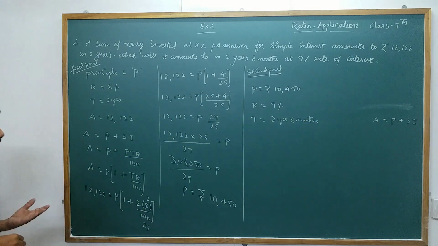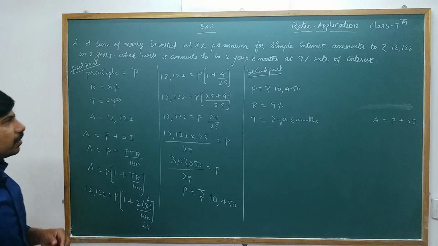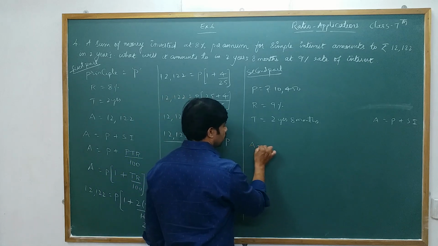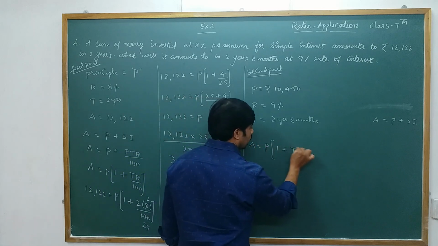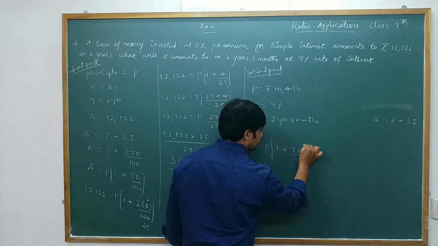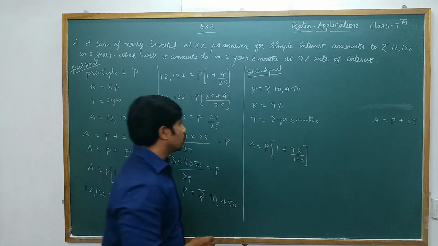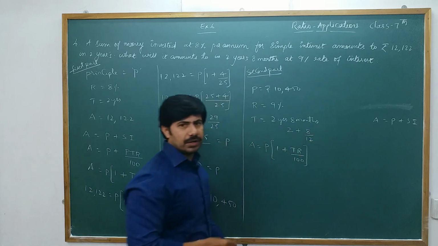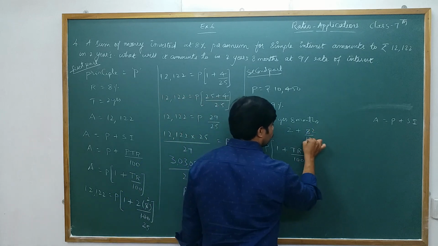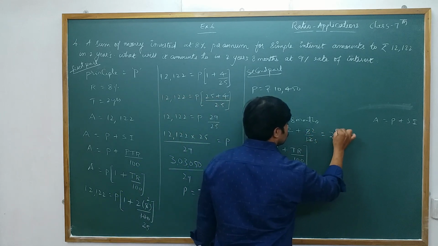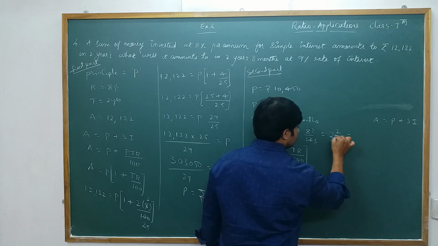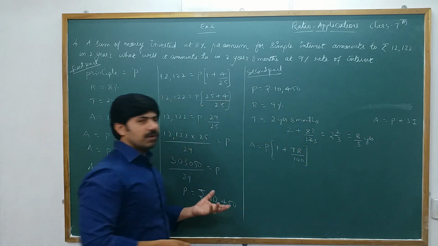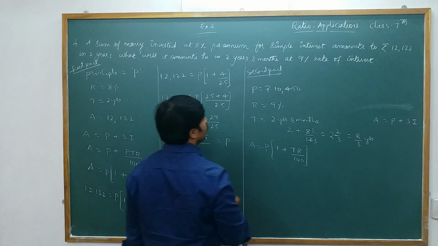We have principal, rate of interest and time. Now we have to find out the amount. So directly we use the amount formula. What is amount? It is P into 1 plus TR by 100. So 2 years 8 months, it is 8 by 12 for the months. We have to convert this. 4 2s are 8, 4 3s are 12. So we get 2 by 3. This is nothing but 2 and 2 by 3, that is 8 by 3 years. Now we converted the time into years.